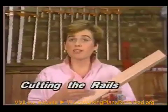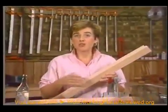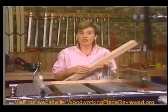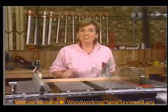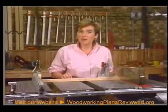I finished ripping the stock for the face frame, and we're using solid oak to match the oak veneer plywood we're using for the carcass. And you can use whatever hardwood you choose to use. Now, if you're planning on painting your unit, you may decide to use a softwood like fir, but it doesn't stand up to the test of time the same way that hardwood does, and you won't get the same quality